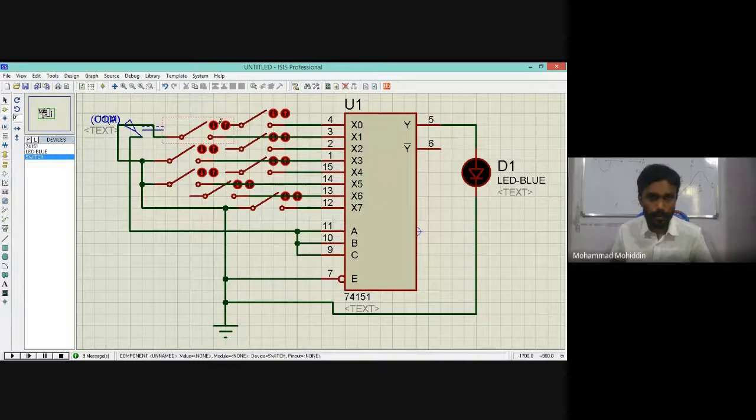Now, these are all ground I am doing. All switches I am connecting to ground. Any switch is missed? I think this switch is missed.